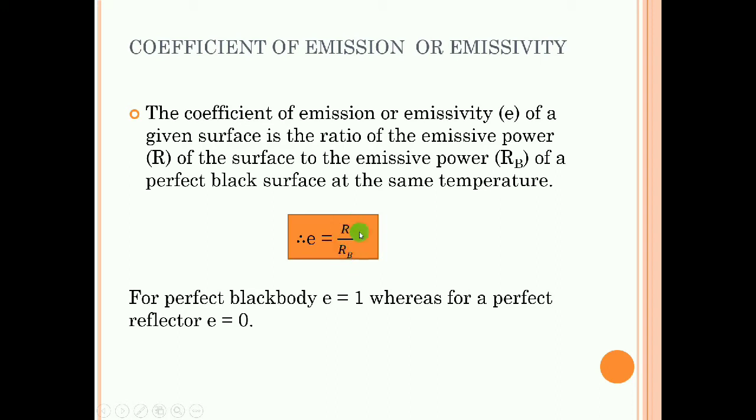So capital R is the emissive power of the ordinary surface, and R suffix B is the emissive power of the perfectly black surface. So for a perfectly black body or perfectly black surface, e is equal to 1, because this ratio will be equal to 1 here. Okay, now here